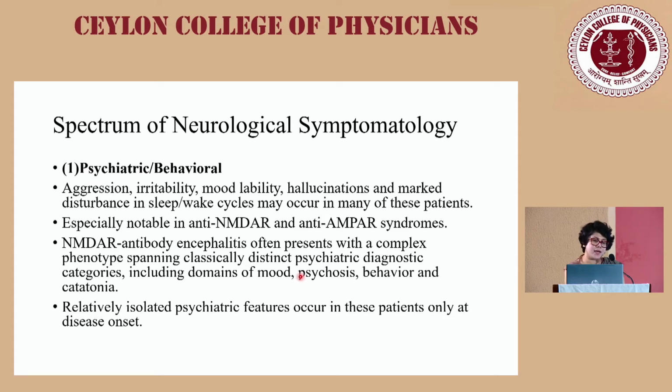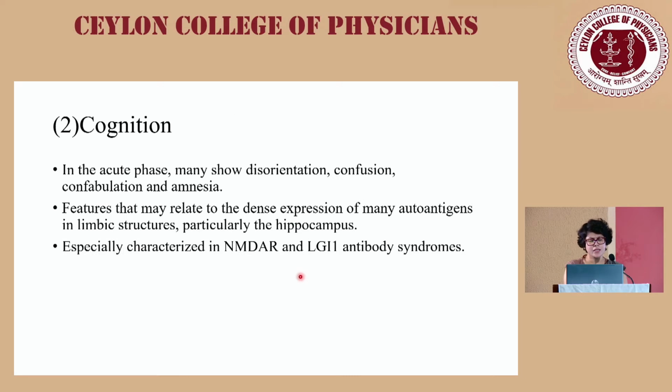In NMDAR, these people have a complex phenotype of psychiatric disturbances that can range from mood disorders to cognitive impairment, psychosis, behavioral issues, and catatonia. And in most scenarios, these NMDAR encephalitis patients come with psychiatric manifestations and purely psychotic symptoms at the outset. The second important area to be discussed in the symptomatology is the cognition, and these people